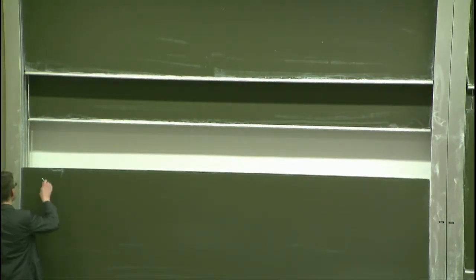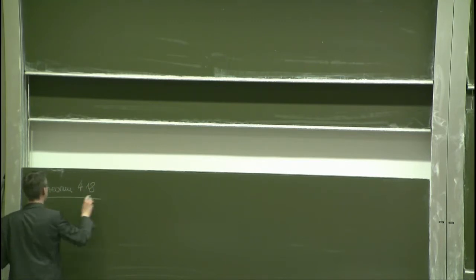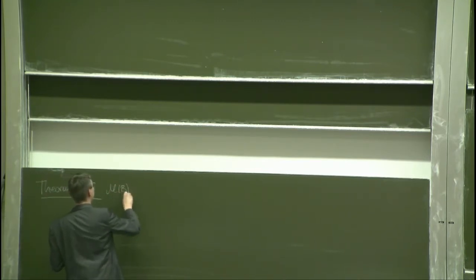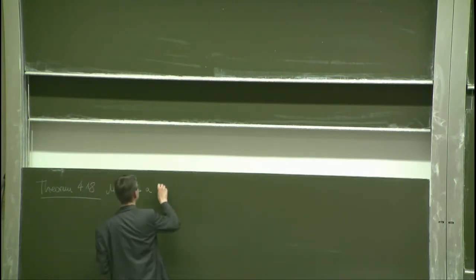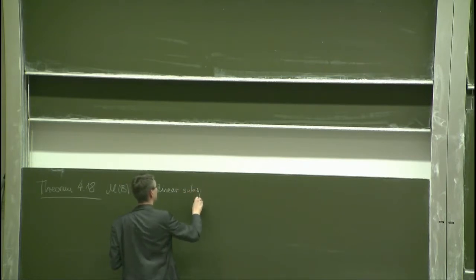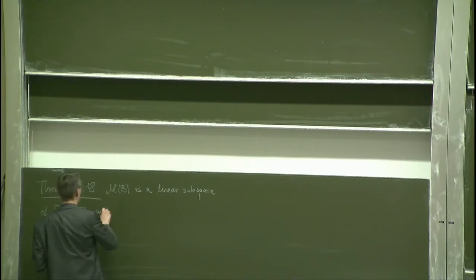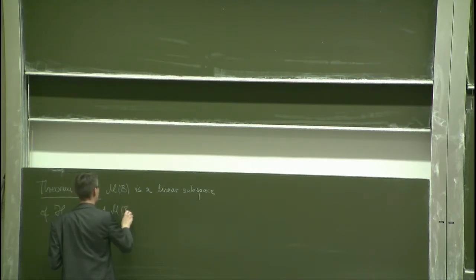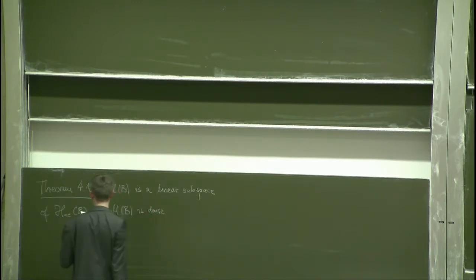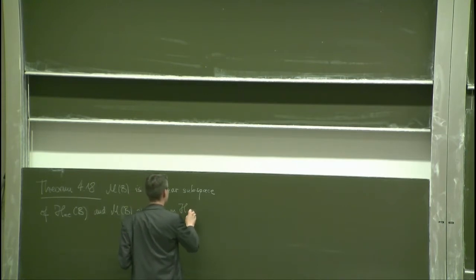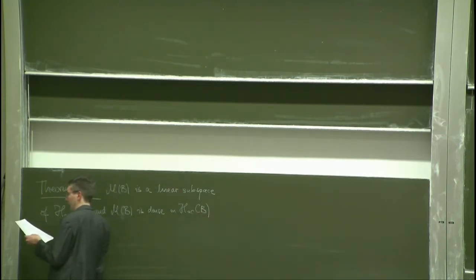Okay, then let's come to Theorem 4.18, which comprises properties of the subspace M(B). It says that M(B) is a linear subspace of H_AC(B) and furthermore M(B) is dense in H_AC(B)